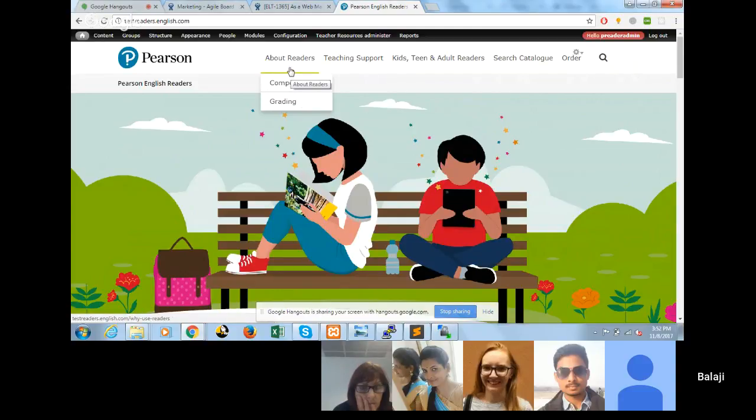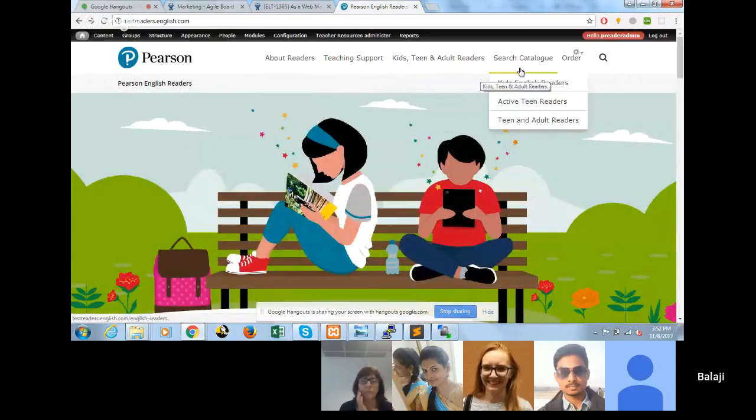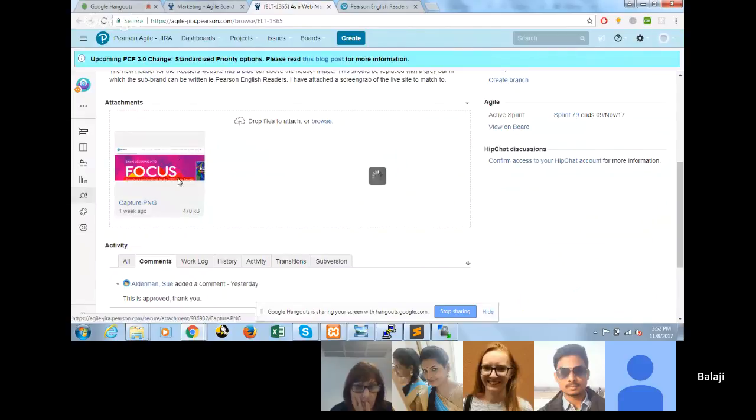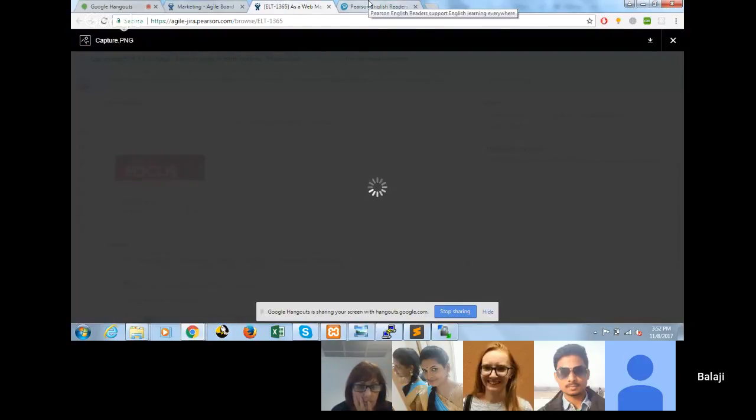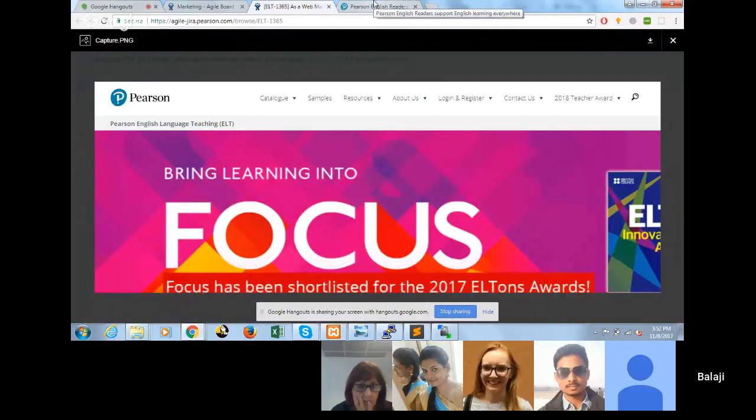Now I have just changed the order. I have mapped all the appropriate URLs to the menus, for both the parent and submenus, to redirect all the menus. So this is the same functionality as psnelt.com. I am just using the color code as per our design standard. Otherwise, everything is the same.